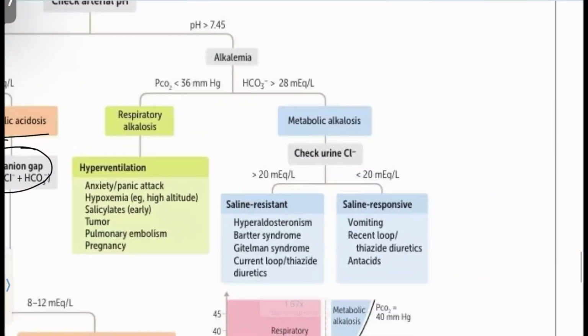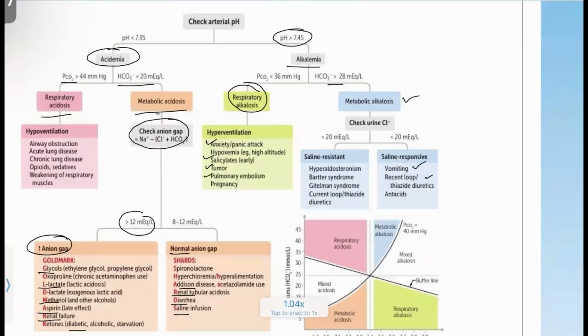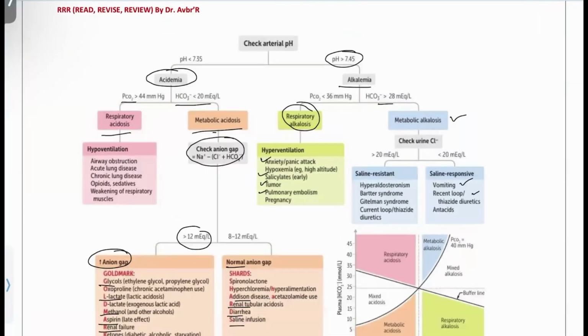But when the pH is more than 7.4, then the patient is going into alkalemia. If the HCO3 is still more, then it is your alkalosis. And check for the conditions this patient is having. Is the patient having vomiting, loop diuretics, or antacids, or the patient is having respiratory conditions, anxiety, hypoxemia, tumors, or pulmonary embolism. So this is the summarizing and the most important topic. Try to understand better and how to interpret immediately in the examination and also immediately in the emergency